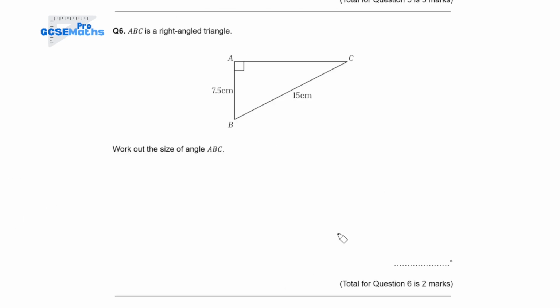Question 6. ABC is a right angled triangle. Work out the size of angle ABC. So that would be this angle here, A to B to C, this one over here. Because this is obviously going to be trig, SOH CAH TOA, I need to label the 2 sides that